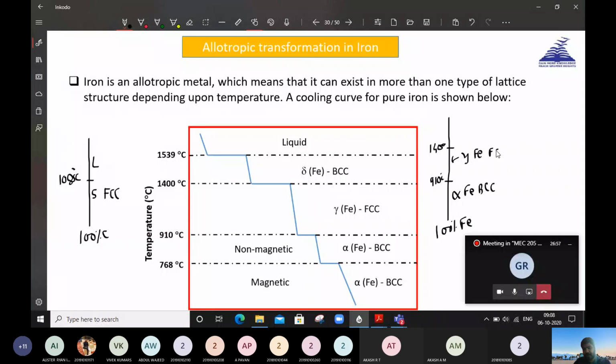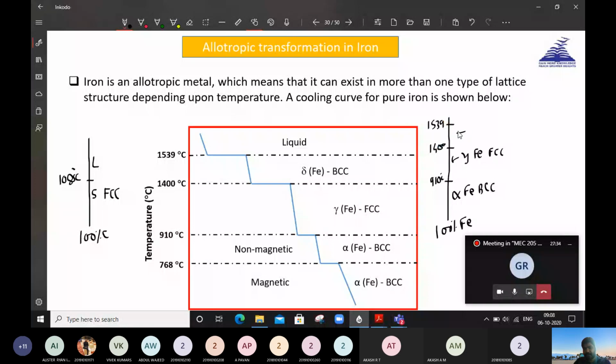The same iron, if you heat it up to 910 degrees Celsius, is in the BCC structure, that is alpha iron. From 910 to 1400 degrees Celsius, it is in another crystal structure known as gamma iron, with an FCC structure. Now again, if you heat this iron from 1400 degrees Celsius up to 1539 degrees Celsius,